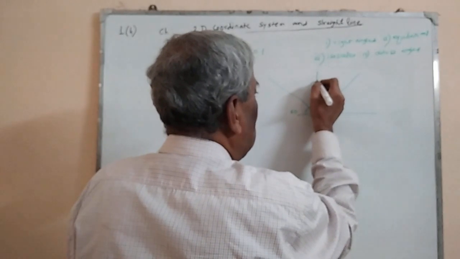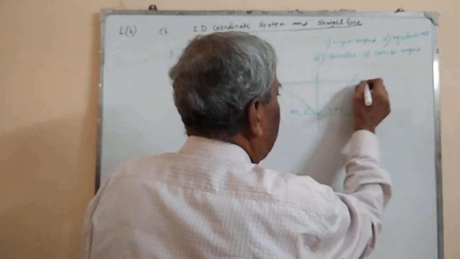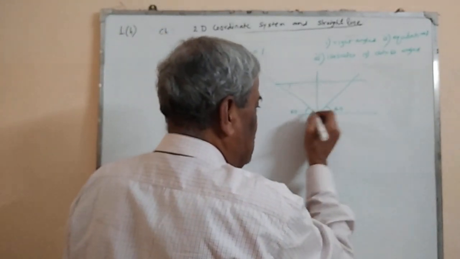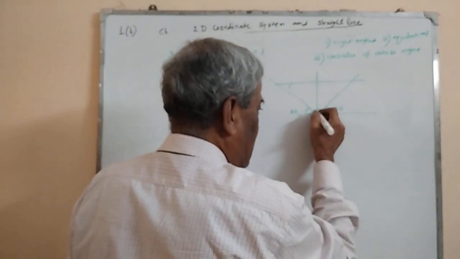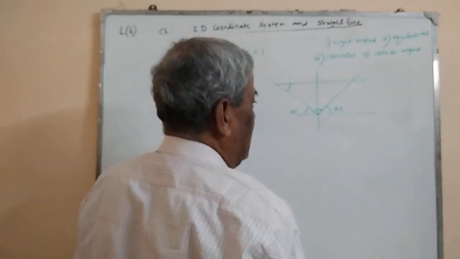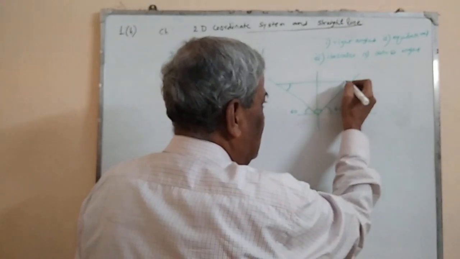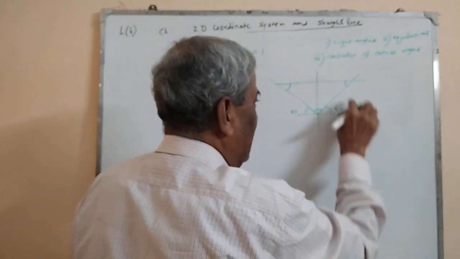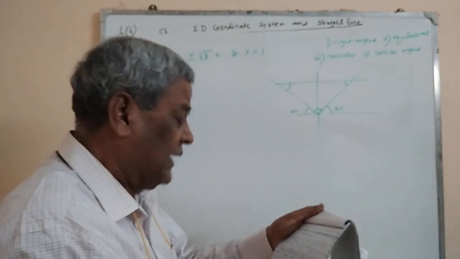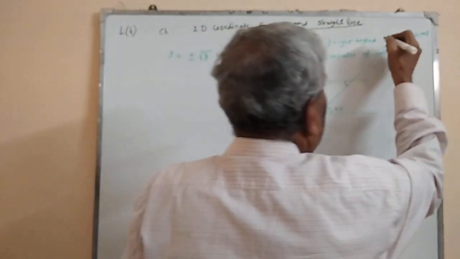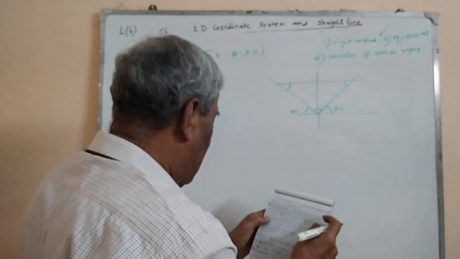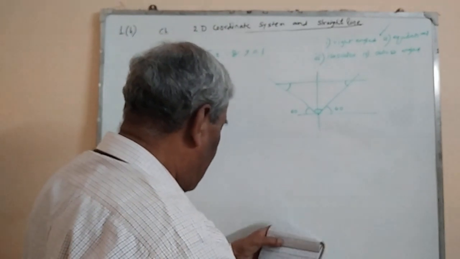The other is y is equal to 1. So this is the triangle. If it is 60, this is 60 degree. If it is 60, this is also 60 degree. If it is 60, this is also 60 degree because they are parallel. All three angles are 60 degree, therefore it is an equilateral triangle. So answer is that. Then our next problem.